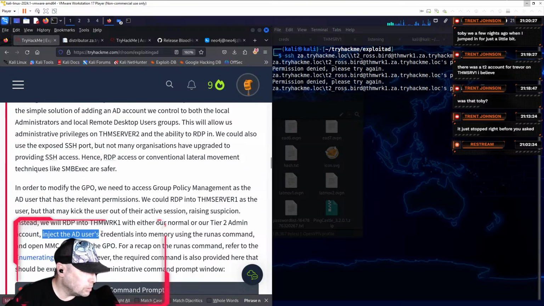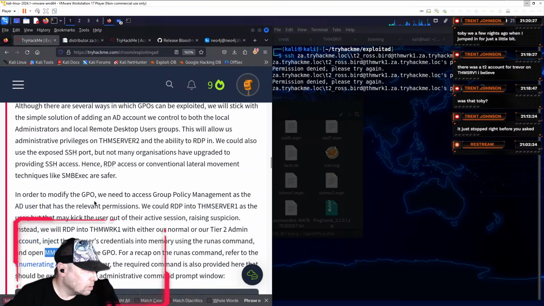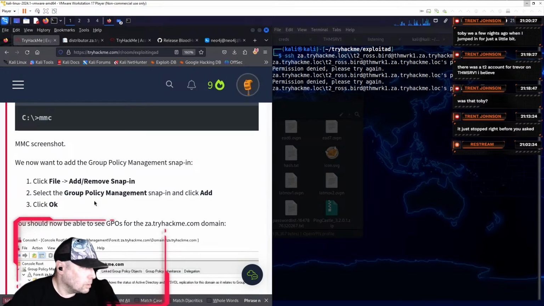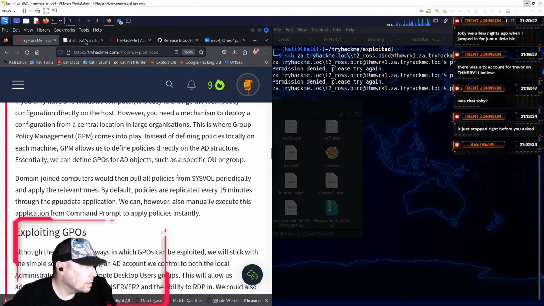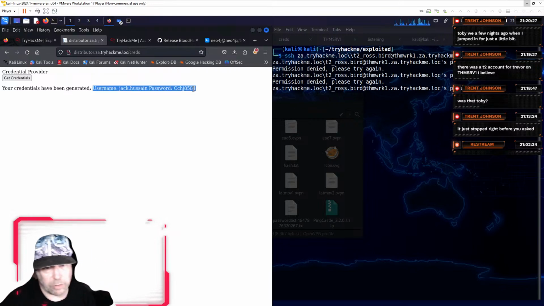Inject the AD user's credentials into memory using the run as command and open MMC to modify the GPO. Let's see how far we get.